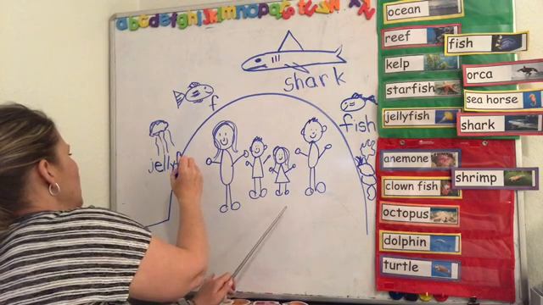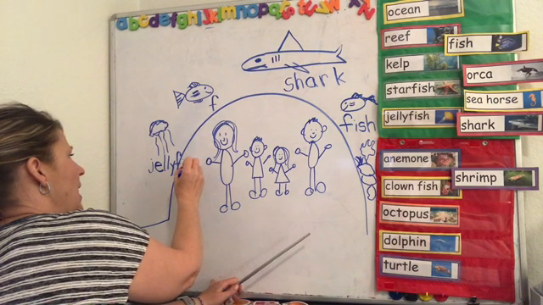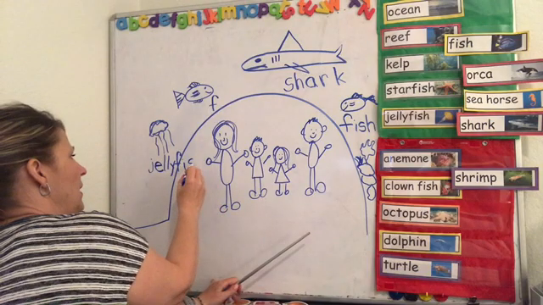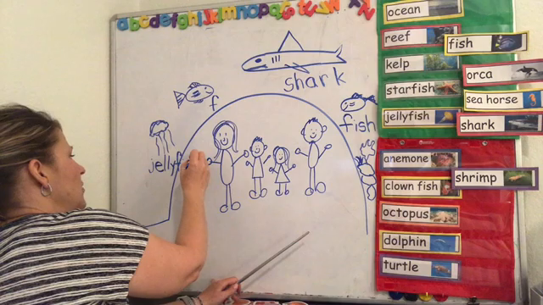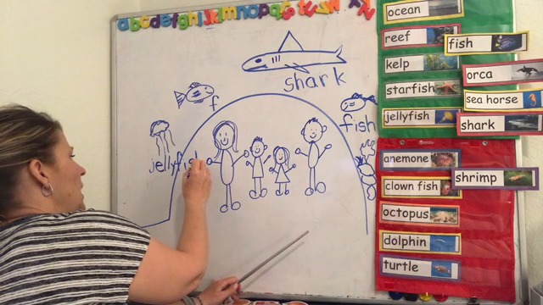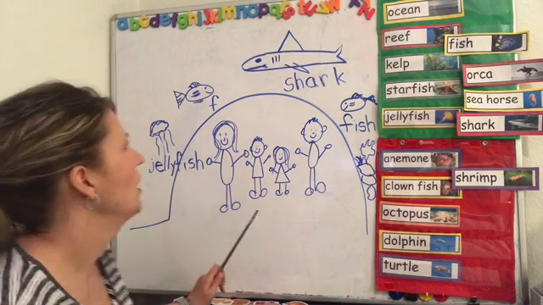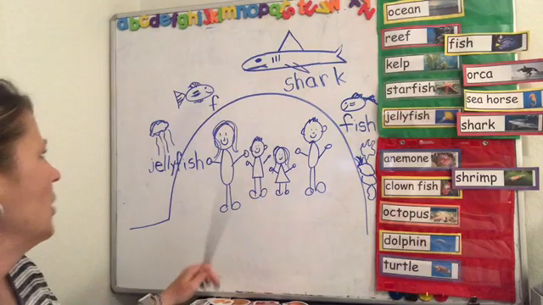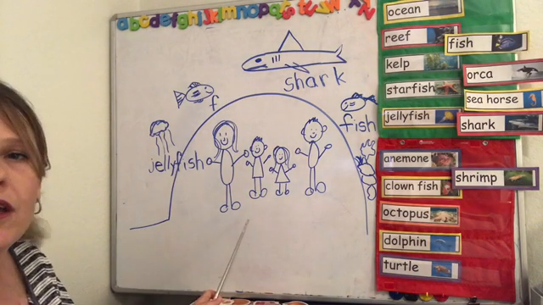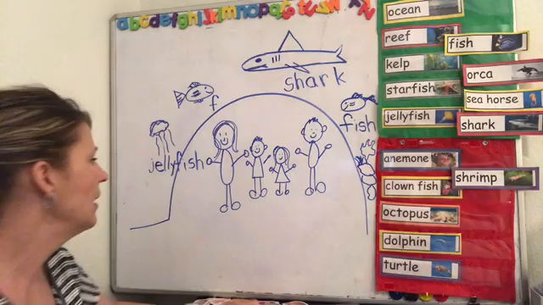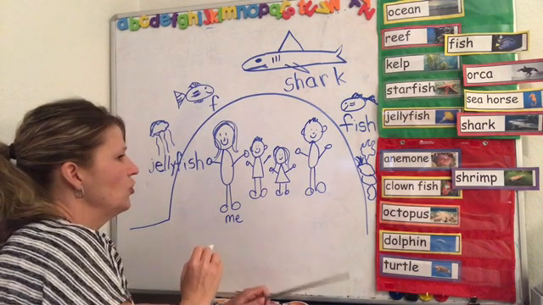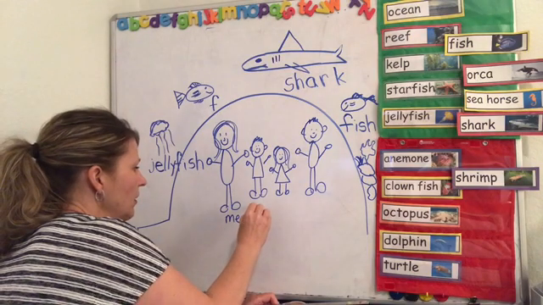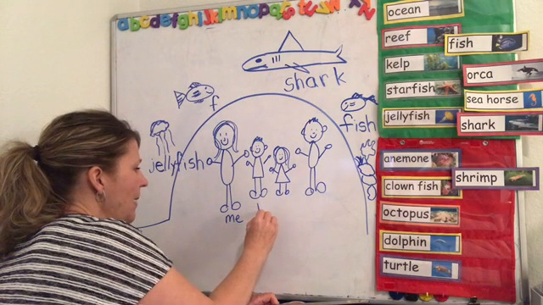A touch, pull down with a dot on top. That's my I. An S, I touch, make it like a little C, and then I'm going to go back, and then an S, and an H. A touch, pull down, back up the track, hump over, and down. Jellyfish. So there's shark, fish, jellyfish, and then there's my family. I'm going to write the word me. That's me. E. This was Jake, Jake, that's that J, and I'm going to use a capital J because when